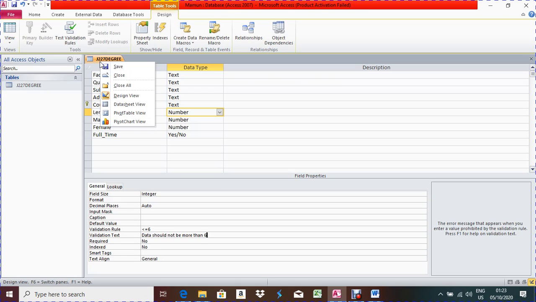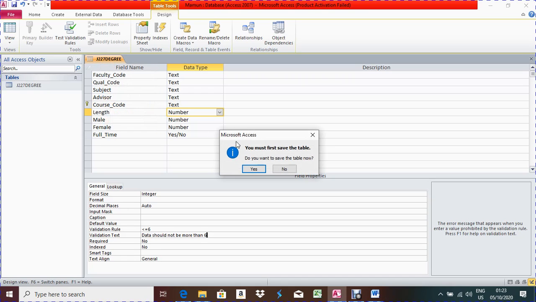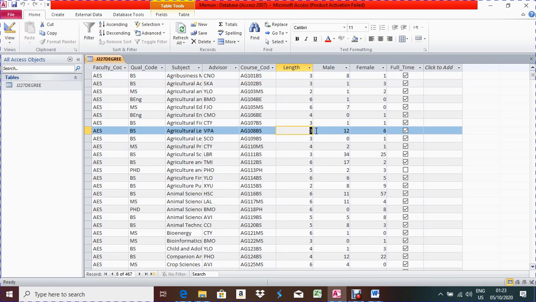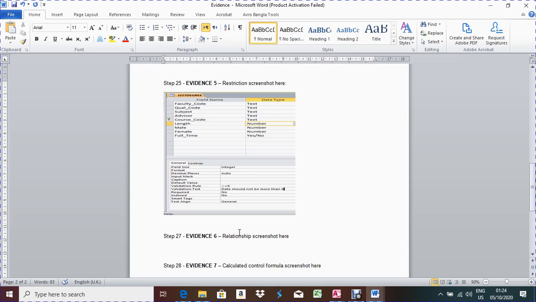Open this table in datasheet view, save it. Now in the length you just put some value here, 9. Suppose you are putting some value, right, 9, for getting the error message, and try to come out from here, then it will show you the error message. So you'll keep your error message here, just down of the data which you inputted. It was 3, right? Now input a 4, and take the screenshot, print the screen button, go to evidence document, and under this one,